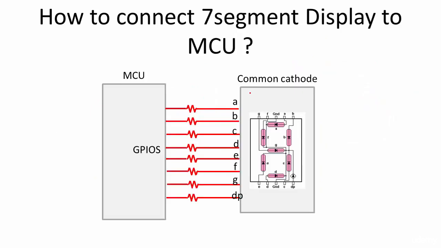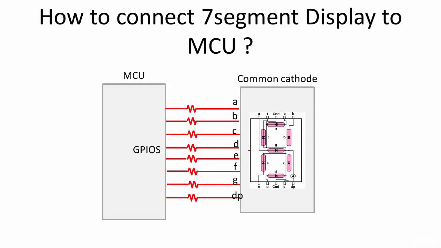Now let's move forward. So, how to connect a 7-segment display to an MCU. Connecting to an MCU is very easy. Let's say it's a common cathode display, and this is your MCU, which will have lots of GPIOs, isn't it? So you can choose some GPIOs to connect to the 7-segment display. You need exactly 1, 2, 3, 4, 5, 6, 7, 8 GPIOs from your microcontroller if you want to use DP also, otherwise you need 7 GPIOs